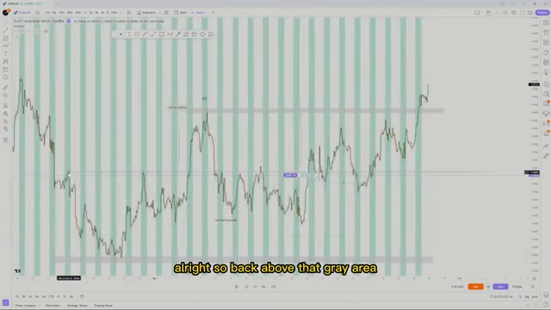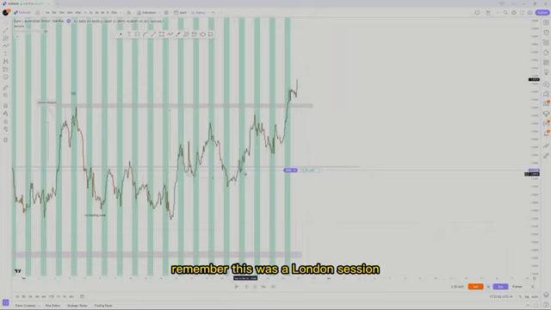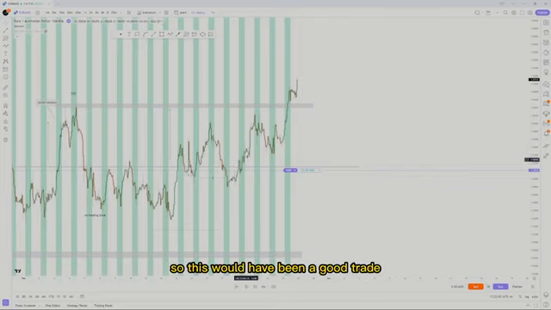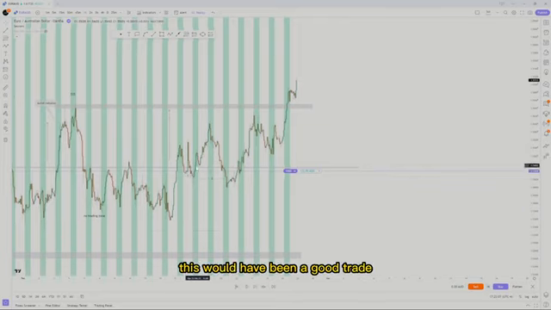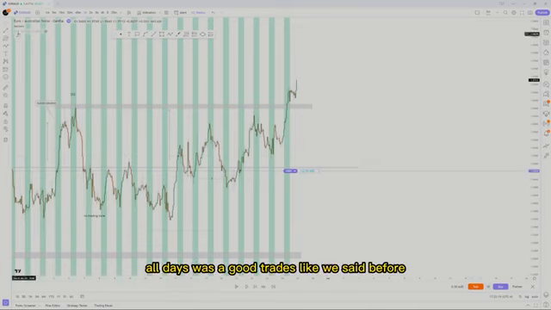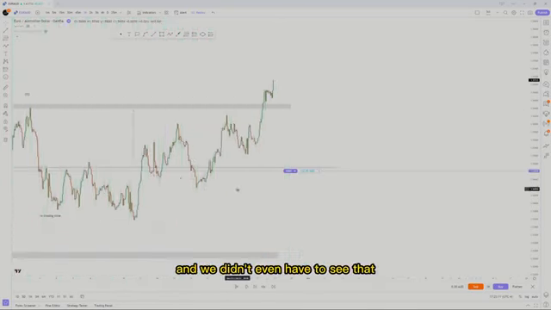All right, so back above that gray area. Remember, this was a London session, back above that gray area. So we had more volume to push as well. So this would have been a good trade. This would have been a good trade. And this would have been a good trade. All of these days were good trades, like we said before, and we didn't even have to see that those were